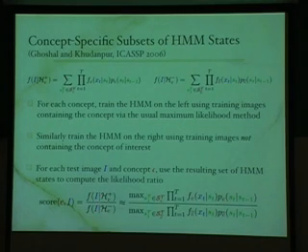And here's the nice part if you care about implementation. Since these marginal probabilities are well approximated by the max, the best path in the HMM, what this means is if I have 100 concepts, I have 200 different HMMs, and I need to calculate the likelihood of a test image under these 200 different HMMs, I don't need to run this 200 different times. What I can do is stack up all these HMMs in parallel. So composing HMMs gives you yet another HMM. And then you can do a Viterbi decoding. And there's a version of Viterbi where you can say, give me not the most likely, but the 200 most likely paths.